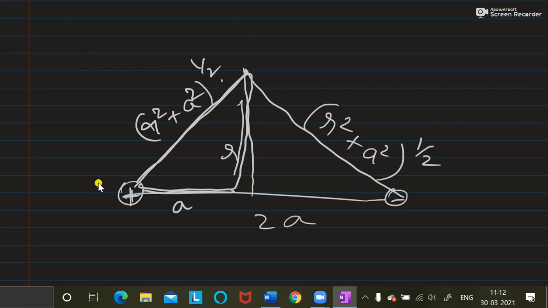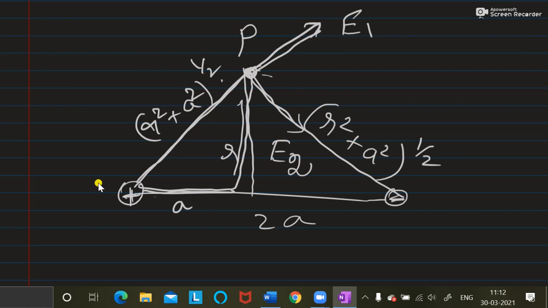From the plus, the electric field is going to point outwards, which we are going to call E1. At the minus, the electric field will point towards, which we are going to call E2. So we are going to find the net electric field at the point P. E1 is this side, E2 is this side, both in different directions. So instead of taking two electric fields, you have to take a resultant electric field, called E net, acting in this direction.